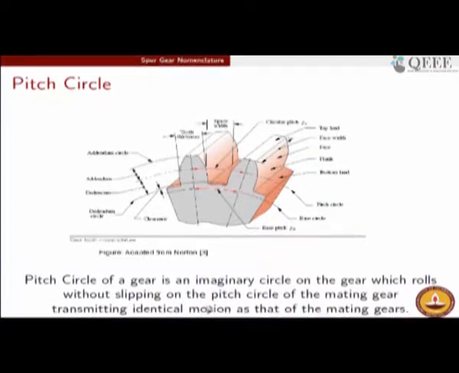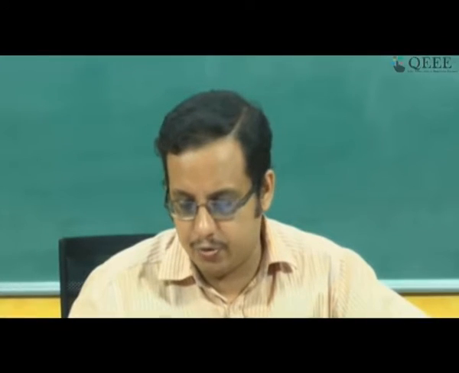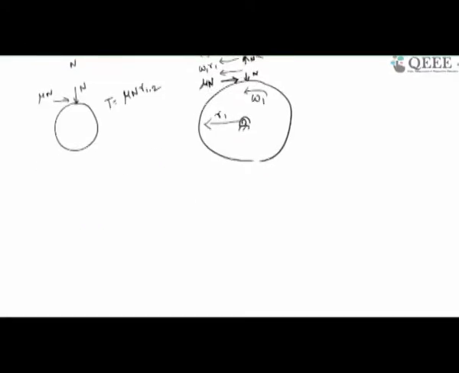But the point is that we somehow want to relate the motion transmission between gears to that of the case of the friction disk. So, even if we have engagement between a gear tooth pair, so let us take that there is two pair of